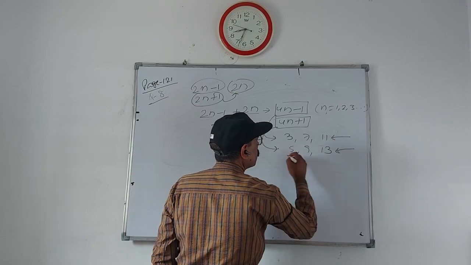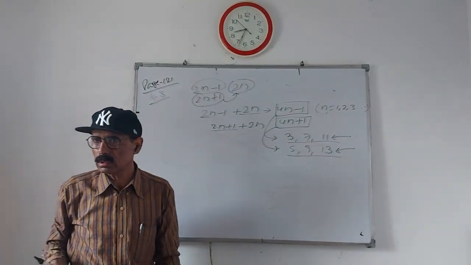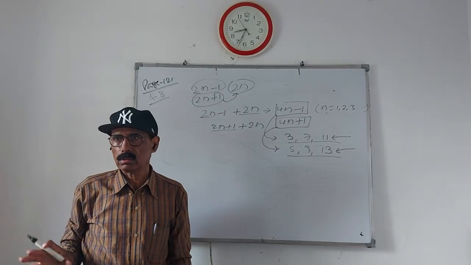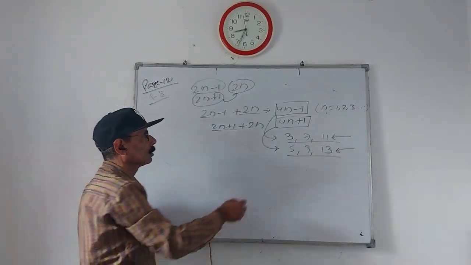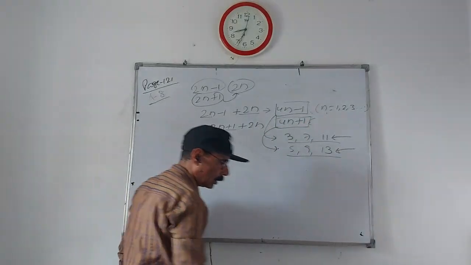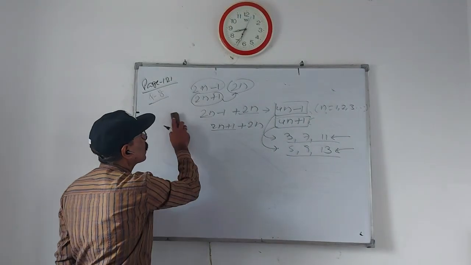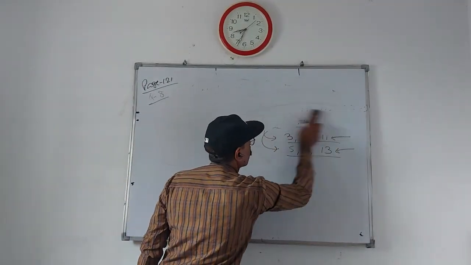Can this number be divisible by 6? No. That means this statement is never true. It is not correct. Okay? So we can check like this, because these numbers are not divisible by 6 for any value of n. If such a question is coming, you can explain like this properly.